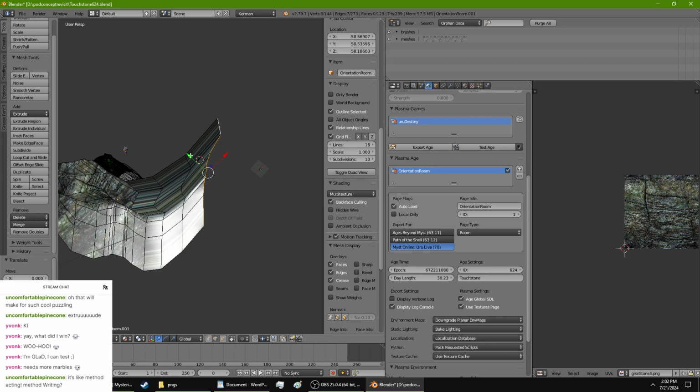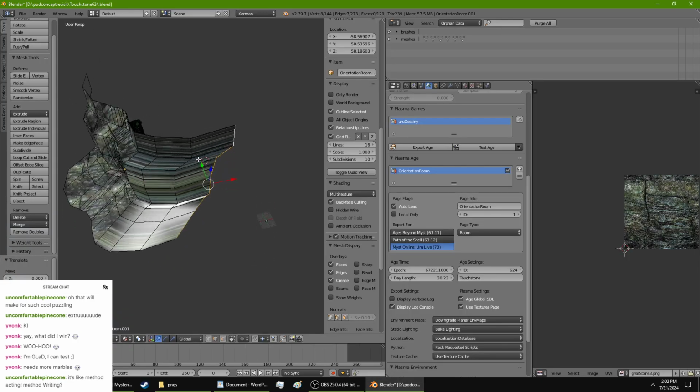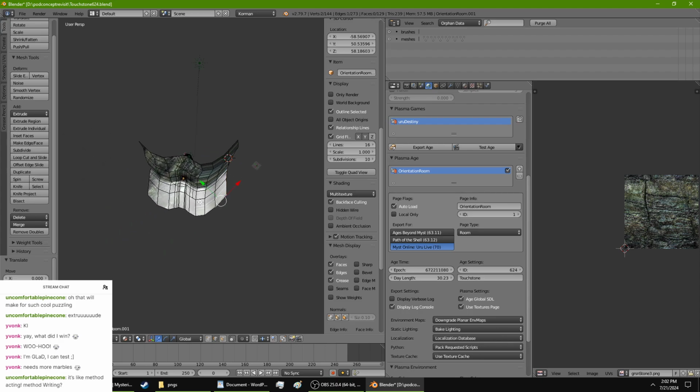I'm not going to say what it is, but I am roughly basing this map on my memories of a specific place in the Myst universe. If you guys can guess what it is, I will add a name, I will add a plaque in the age somewhere, skydiving possibly, that says I guessed what age this is based off of. We will see if anyone picks up on what it is that I am designing here as I'm designing it,